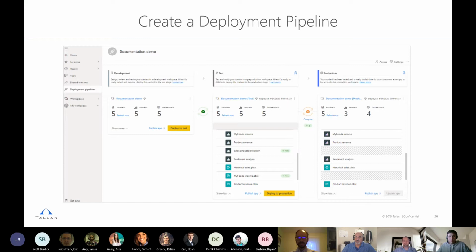You can set up parameters and data set connection rules to point to dev, test, and prod environments. And ultimately, this pipeline is managed by a separate administrator, potentially, than the people who actually develop the content. So there's two levels of access here, where you can have someone with this automated process simply be responsible for deploying content from dev, test to production, and ultimately a Power BI app as well.